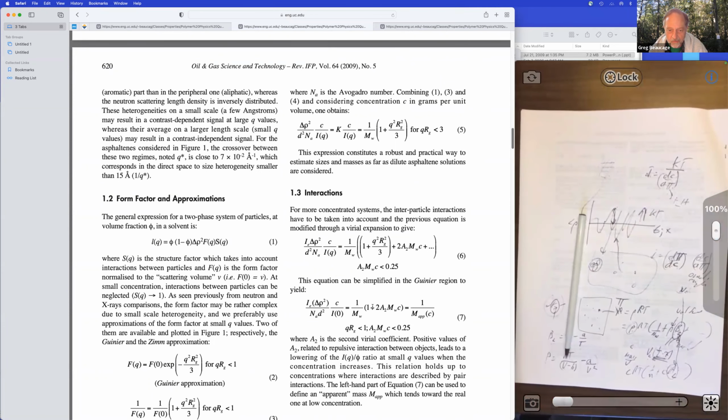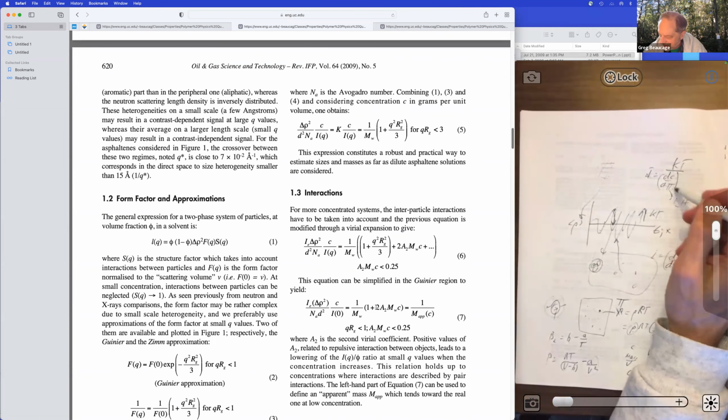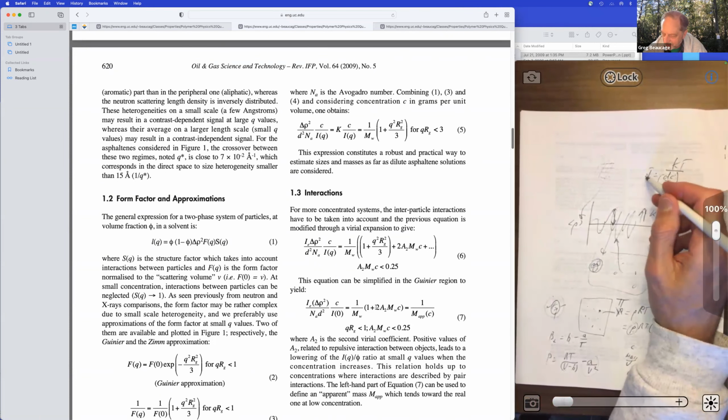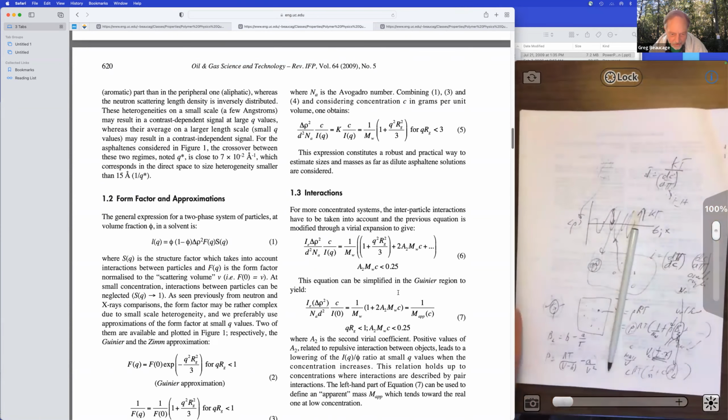So that originates from the scattered intensity I naught at zero q being 1 over the osmotic compressibility, which is going to be dc d pi. So you calculate d pi dc, and that's going to be the intensity, and that gives you this expression. That's where that thing comes from. So what you want to do is march across. In the Zimm equation, this is just a prefactor to the Guinier expression. So you have 1 plus that times the Guinier, which is 1 plus q squared Rg squared over 3, using